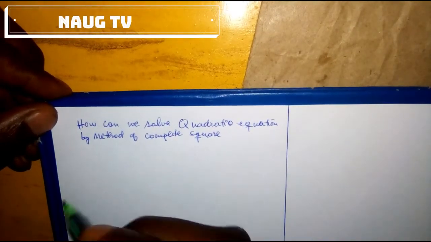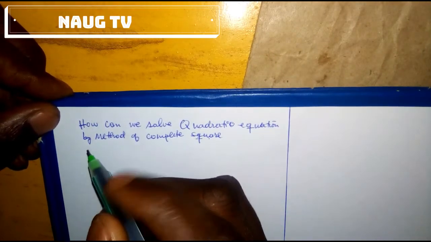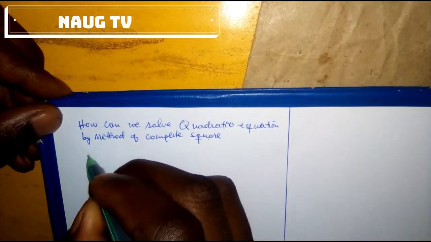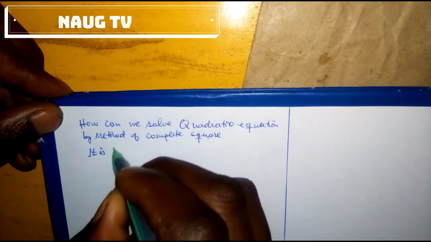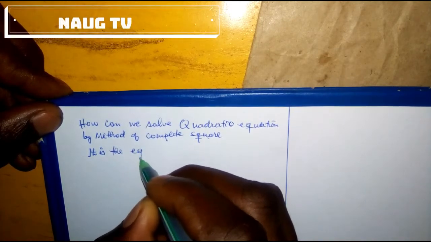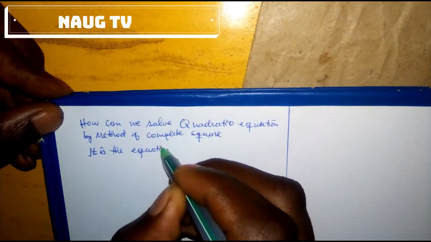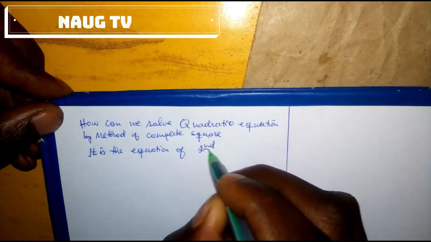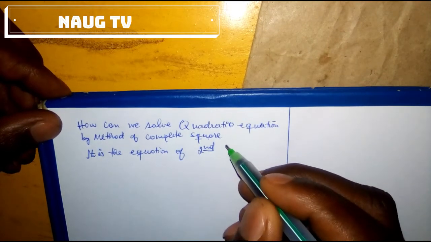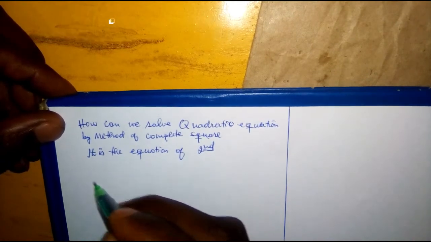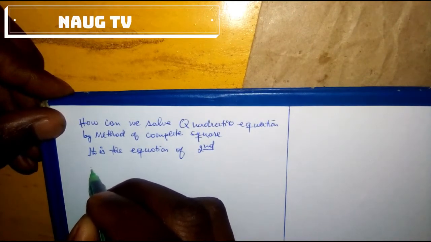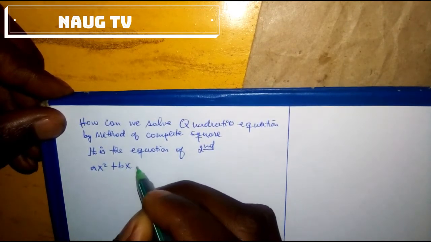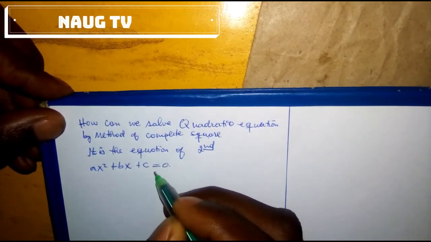Now, as you know, quadratic equation is the equation of second degree. This means that it has the form of ax squared plus bx plus c, which is equal to 0